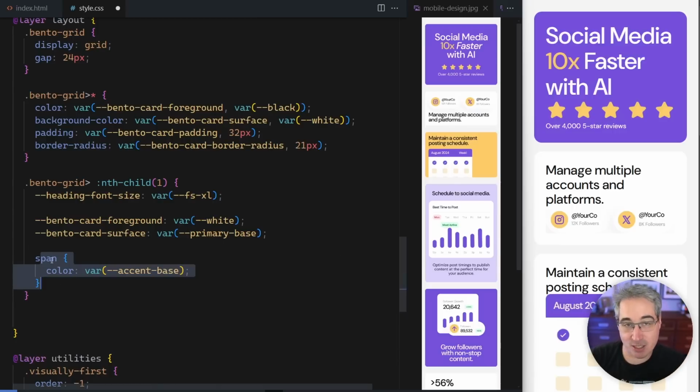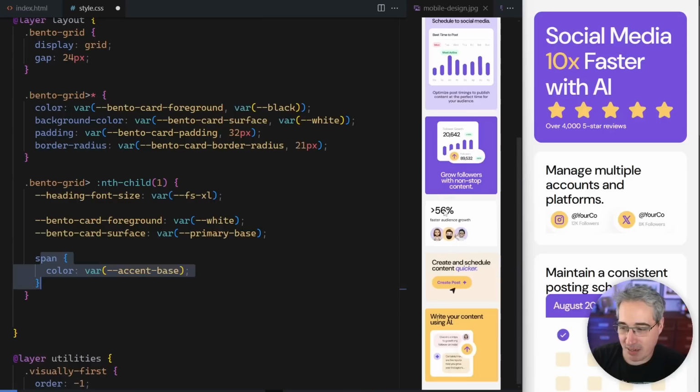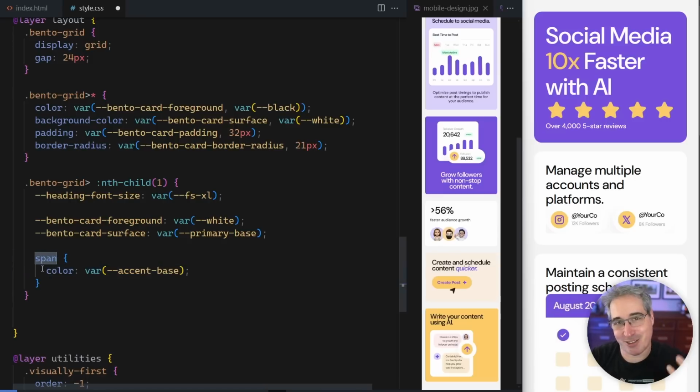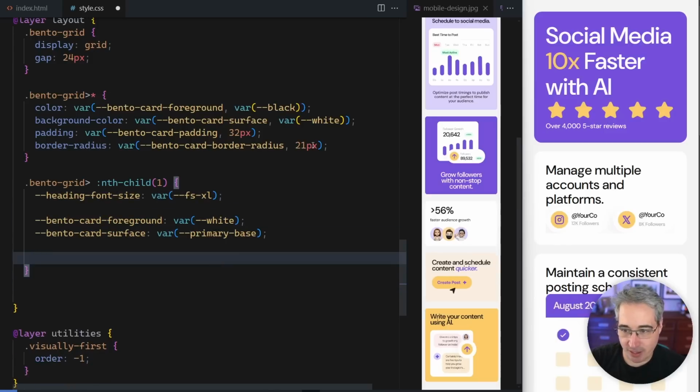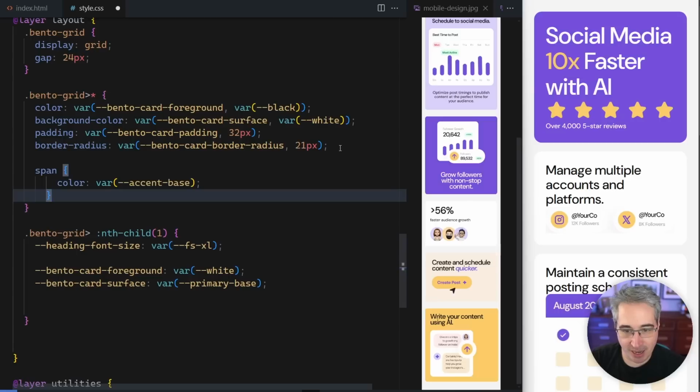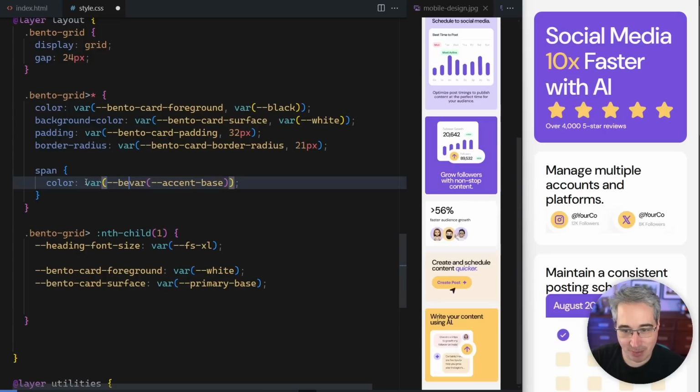Maybe I could even open up this span potentially in the same way, but we have another span down there. Instead of having to select the spans here, we're going to make things very controlled through custom properties like this. What I'm actually going to do, let's take this span that's right here, and say that this span would come here. And once again, we're going to use a fallback. So we'll wrap this whole thing in our var, and we're going to say that my Bento